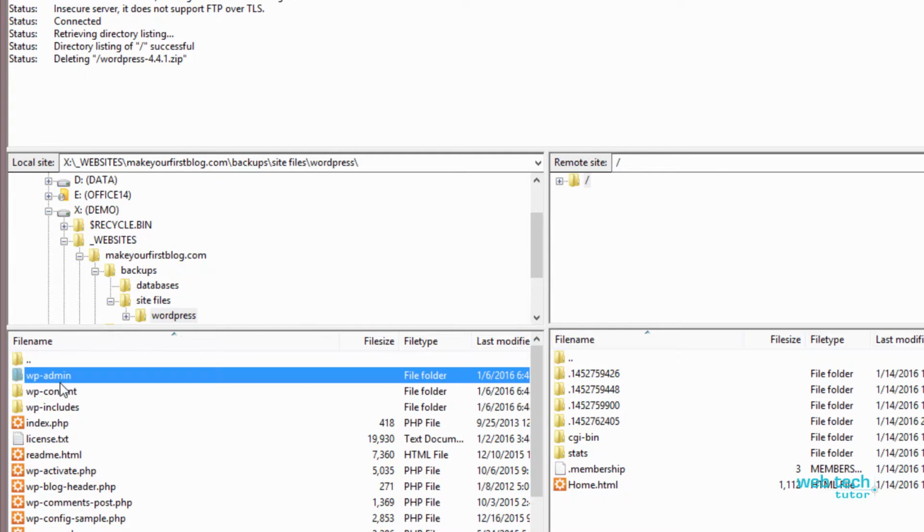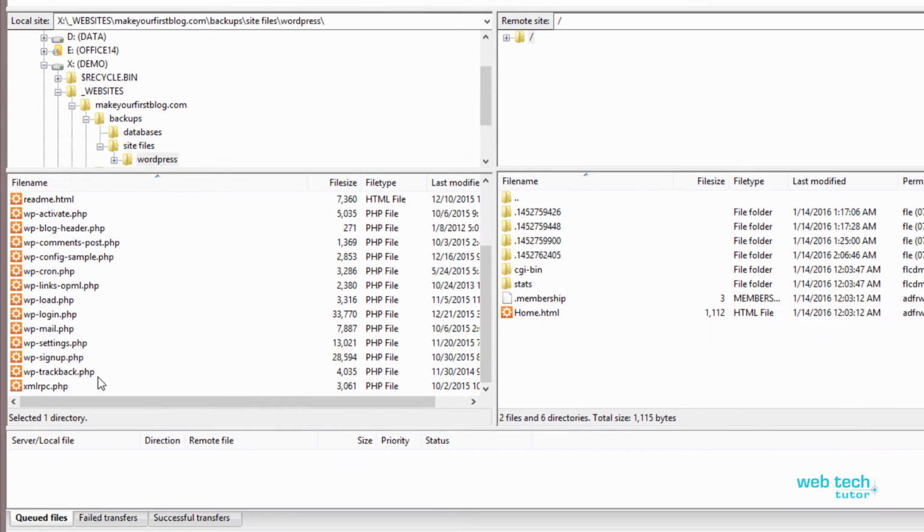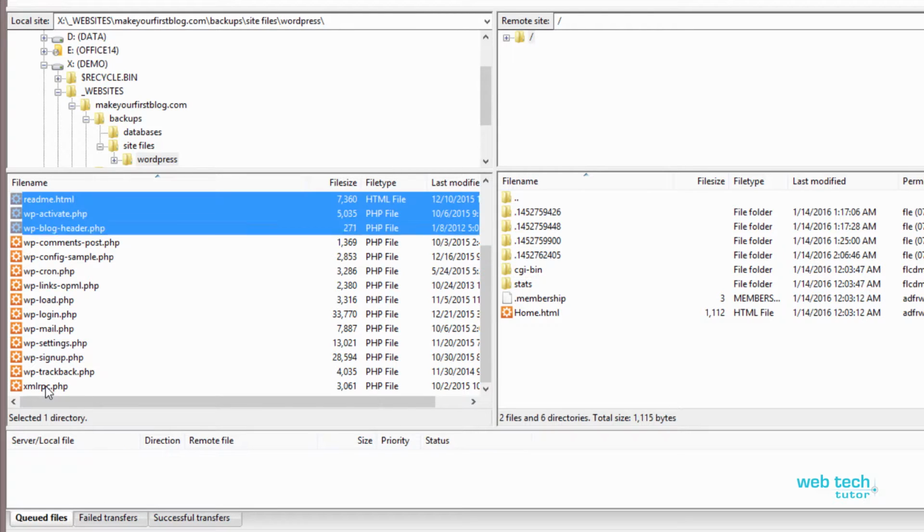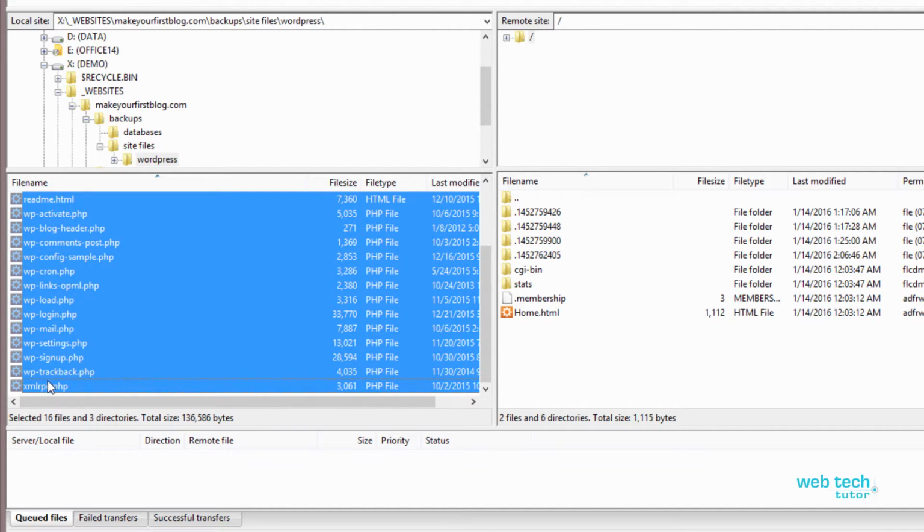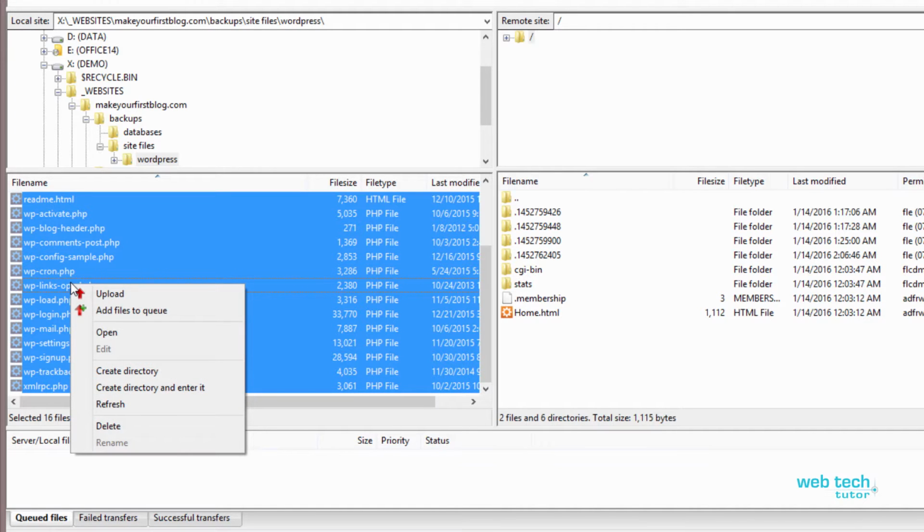As you can see, you're now in the site files folder. So select wp-admin, scroll down, hold down shift on your keyboard, and click the last file in this list so that everything is highlighted blue. Then you want to right click and make sure that you are in the remote site that you connected, and that you are showing in the root directory. Okay, you don't want to be in any of these directories. Make sure that everything is going into the root directory, and we can test that in a little bit here. So you will upload,